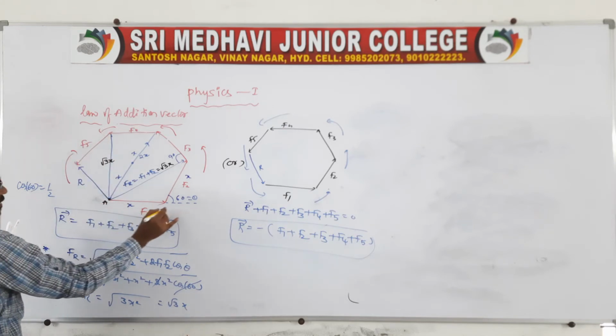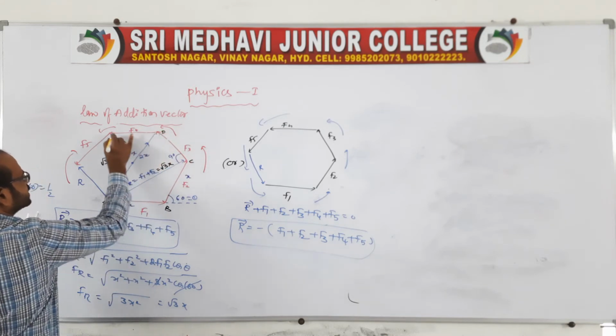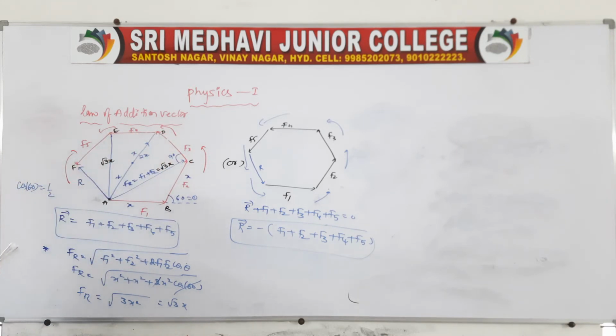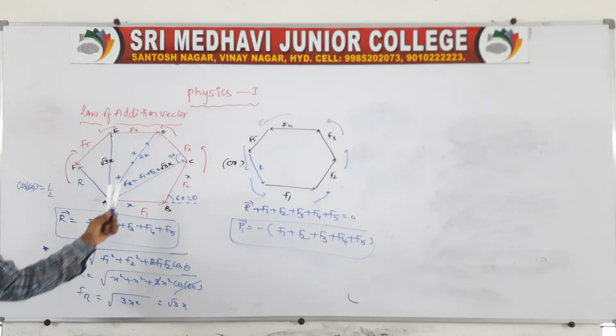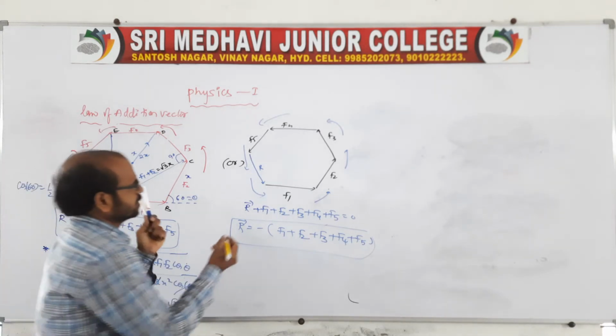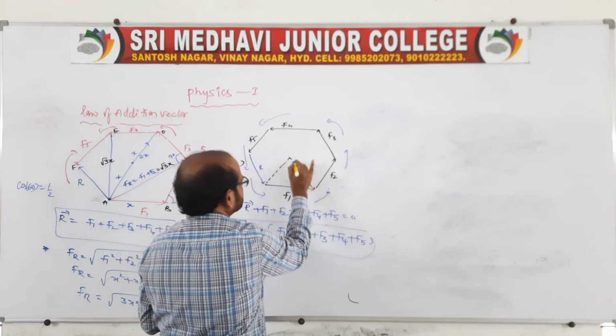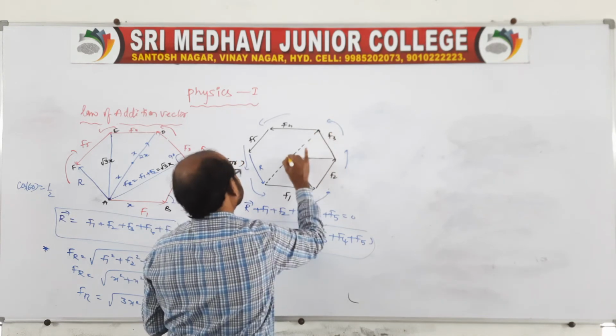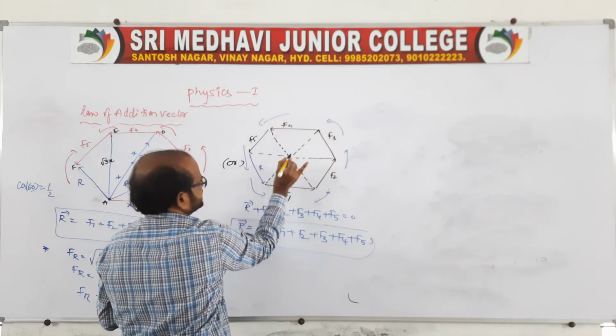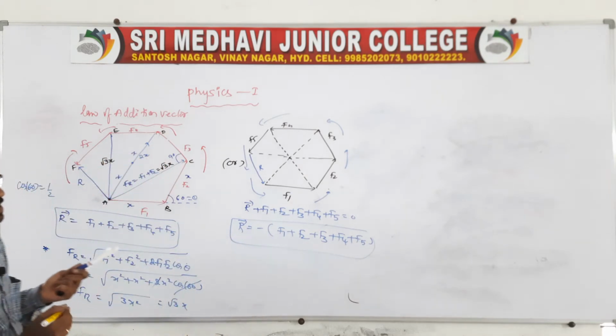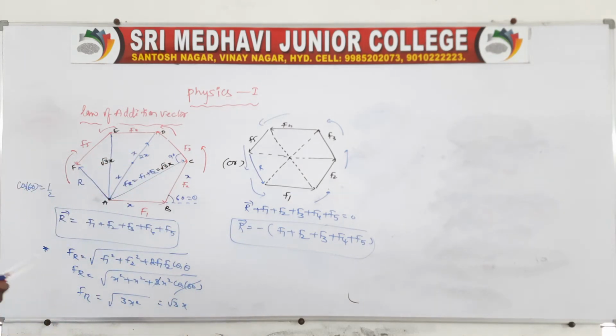Suppose you want to say a, b, c, d, e and f. Yes, we can also take it like this. So this is the resultant vector we have to get in the given polygon. This is a hexagon, no? Actually in a hexagon, look, if you take a center like this, we will get equilateral triangles like this. All of these are equilateral triangles. That is what we get. So this is about the polygon law of vectors.